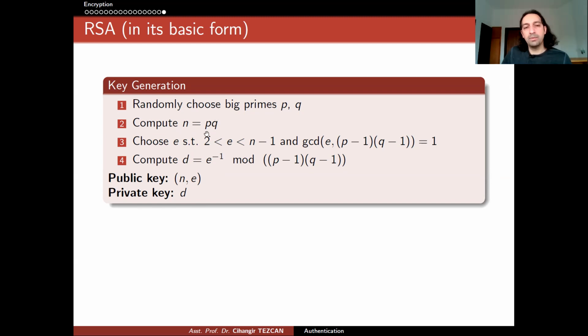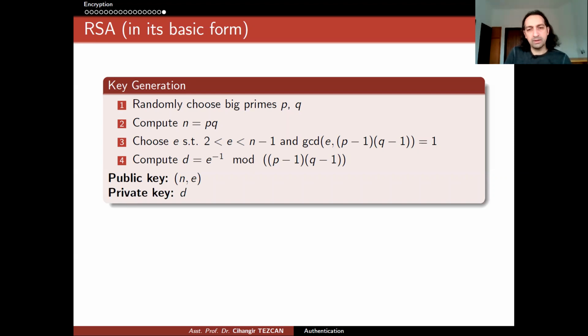Once you know two very big primes, it is easy to multiply them and obtain the value N. But when you give this value to other people, it will be very hard for them to find which P and Q, which two primes give this number. So the security of RSA depends on the hardness of this problem. If you can find a very fast factorization algorithm, which will give you P and Q from this N, you can break many communications. The security of many internet communications will be broken if you can perform this factorization.